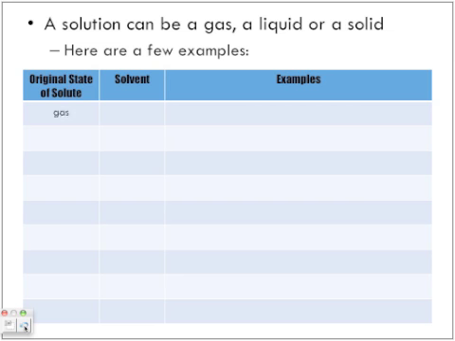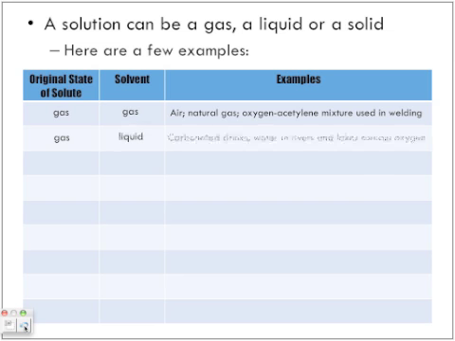So we can have gas solutes dissolved in another gas solvent. Examples of that: air, natural gas, the oxygen acetylene mixture used in welding. We can have gas dissolved in a liquid. Example, your carbonated drinks, the water in rivers and lakes that contain oxygen within them. So oxygen gas dissolved in the solvent, being a liquid,